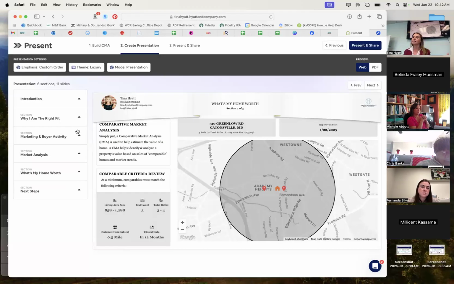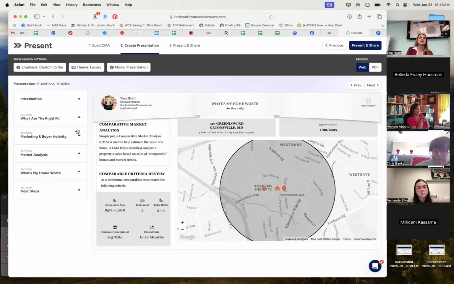But if I have no idea that she has this number of 465 in her head, and I come in with an estimate based on comps of 385, do you think I'm setting myself up for failure? Absolutely, because I didn't even know, because I didn't ask the right questions up front. So take a minute, get out a piece of paper, take some notes. I asked where she's going next, so I know what her plan is, what the goal is, so I can be prepared with information to help her on the whole process.